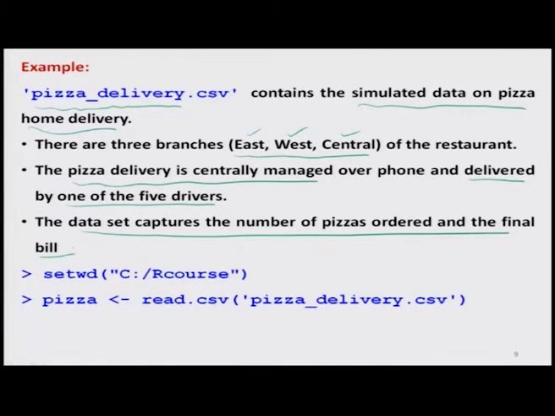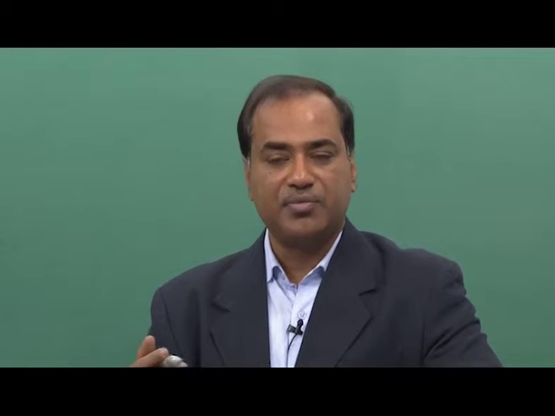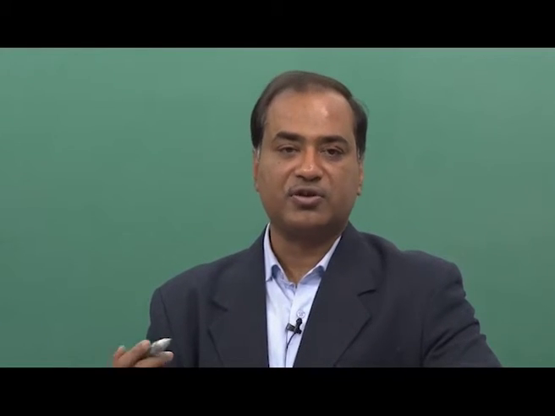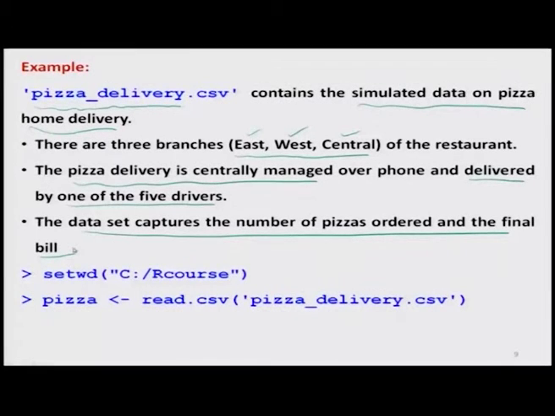The question comes, why should I use this data? If you look at the earlier example, I simply took 10 values and tried to show you how things are happening. But this pizza delivery is a large data set. I would also like to show you what really happens when we deal with a larger data set, because in a larger data set you cannot see all the values yourself. So, why not first load this data set before we go further.